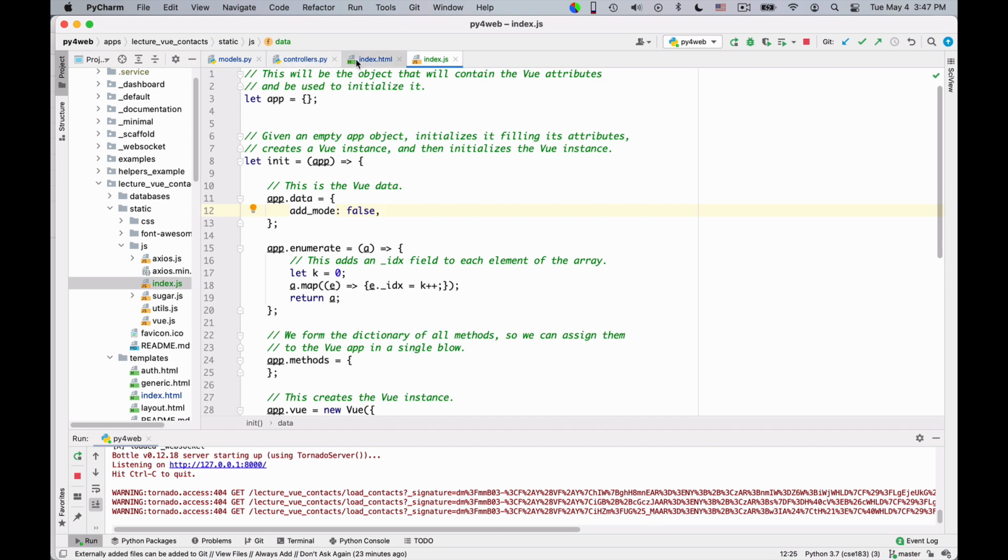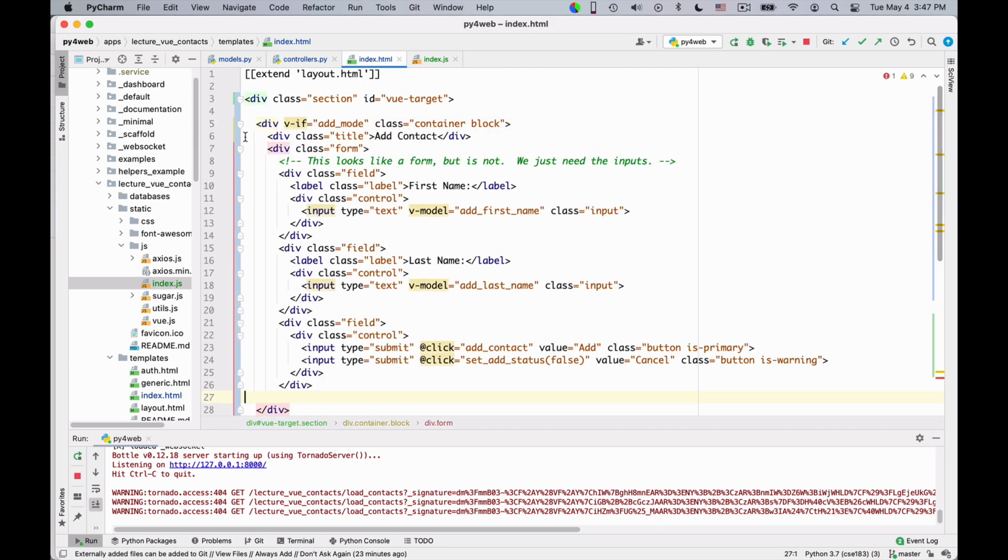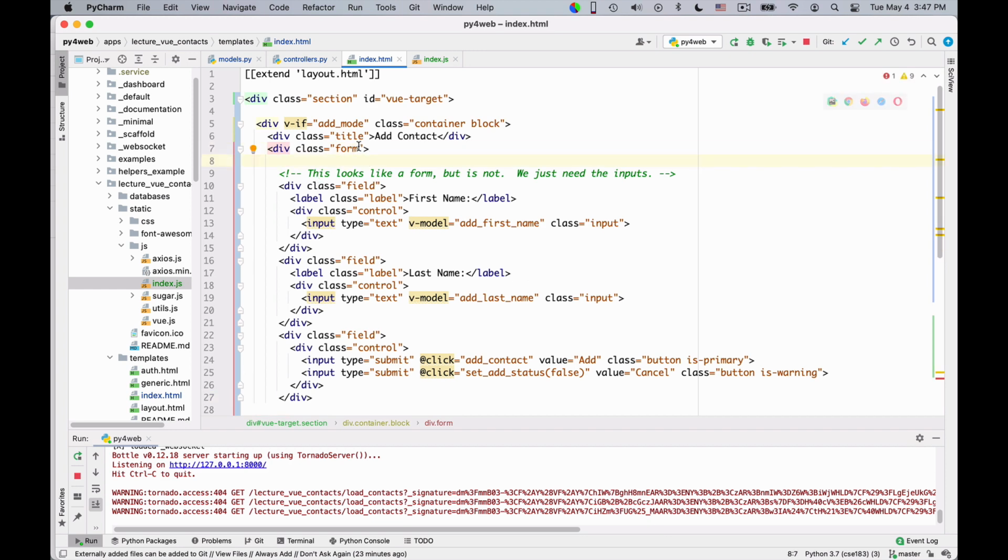So then the variable is defined, and so here I want to display a form that will manage the insertion of a contact, and I cut and paste it in because it's quite large, so I don't want to spend the time typing it. Here it is. It's large, but it's not very complicated. So it's a div of a class form that then contains